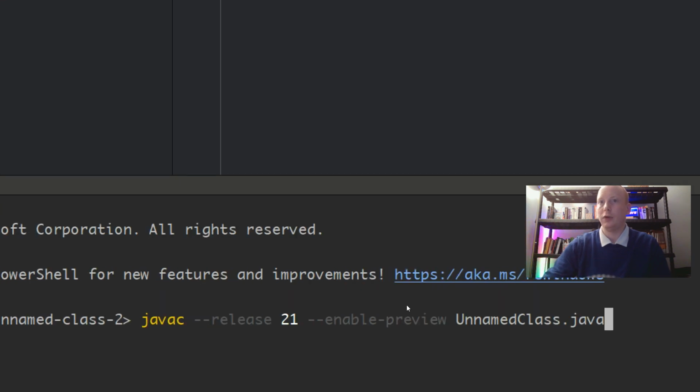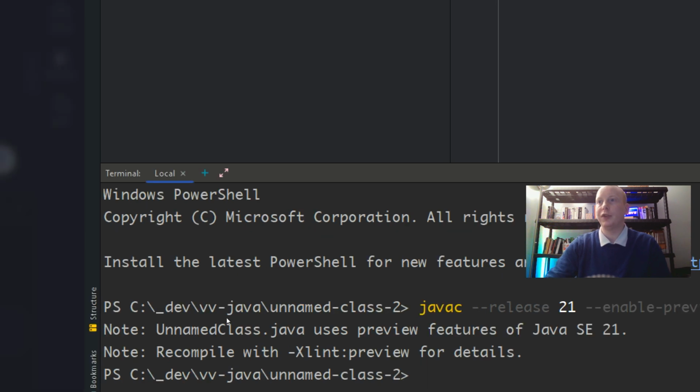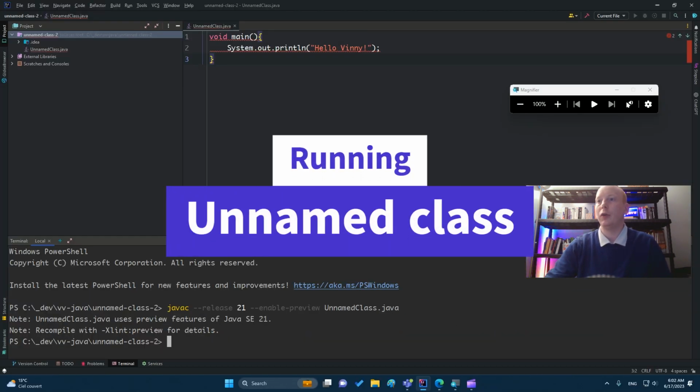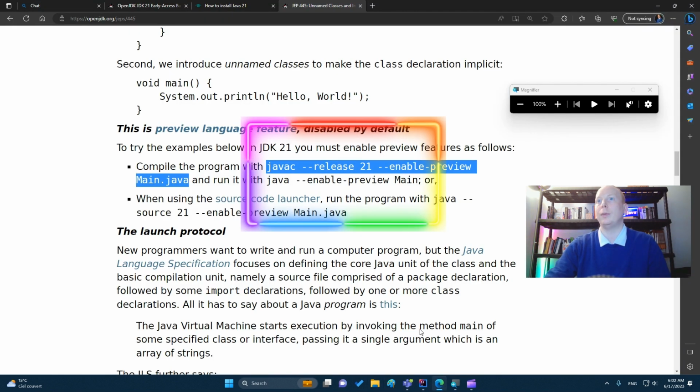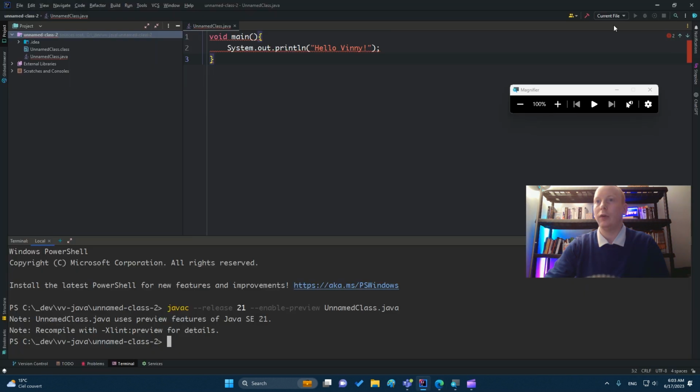So I press enter. And this is the successful result with a little note, but I don't care about the note. I zoom back, and now I will execute it. So I go back to the OpenJDK website, and I copy the statement to run my new unnamed class. I paste it.